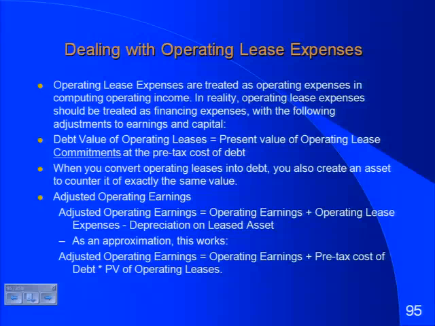I actually prefer a shortcut because it tends to give me pretty much the same answer. I take the operating income as stated, and I add to that the interest expense I'd have had if this had actually been debt. Think of it as an imputed interest expense. Because if it's earnings before interest and taxes, and this were really debt, the earnings should have been higher by that interest expense. It's a quick and dirty way of adjusting operating income. But my point is, if you decide to convert leases to debt, you have to go the whole way. You've got to adjust the operating income, you've got to create the leased asset, you've got to compute the depreciation,